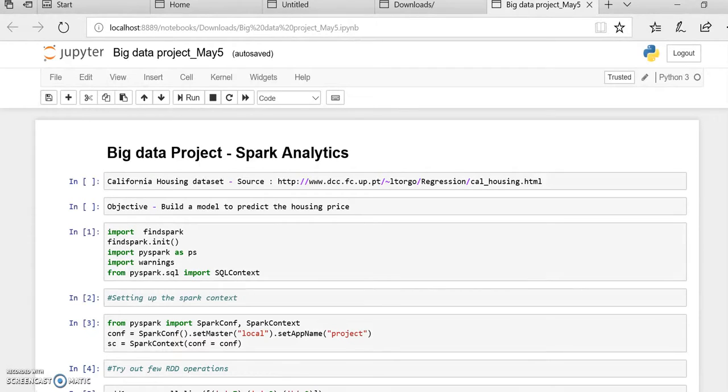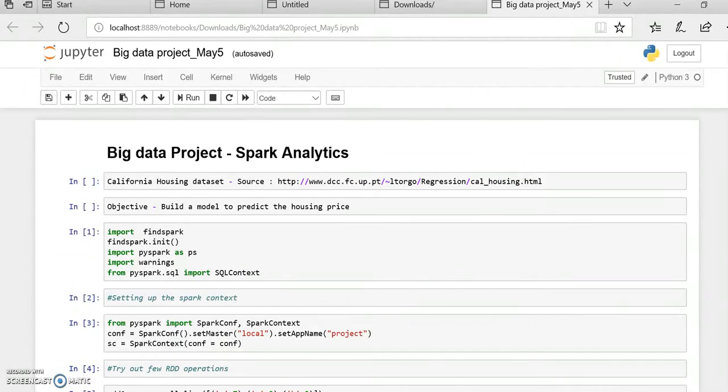Further, we also ran the EMR in Amazon Web Services to get the Spark clustering done in Amazon Web Services. So, as part of this final project, we have used PySpark and Amazon Web Services as the technology stack, and we are running this data set to find the median house sales. So I would like to talk specifically about the cloud part of this particular project.